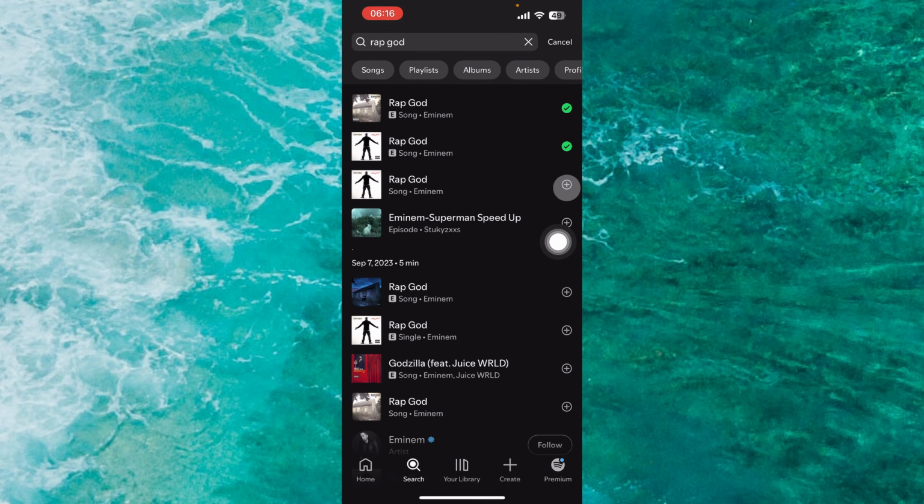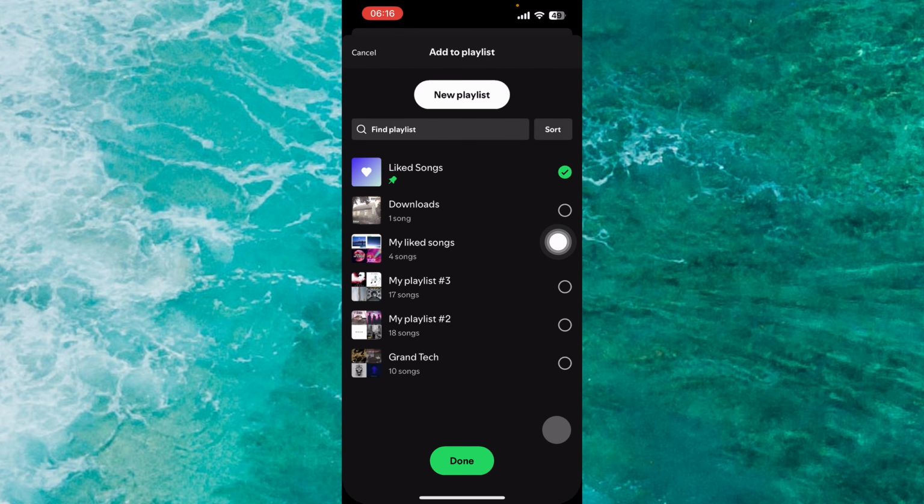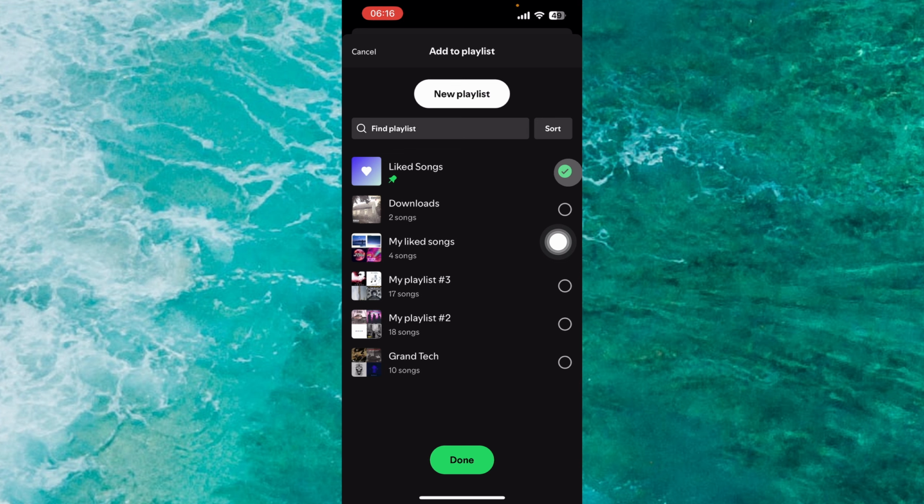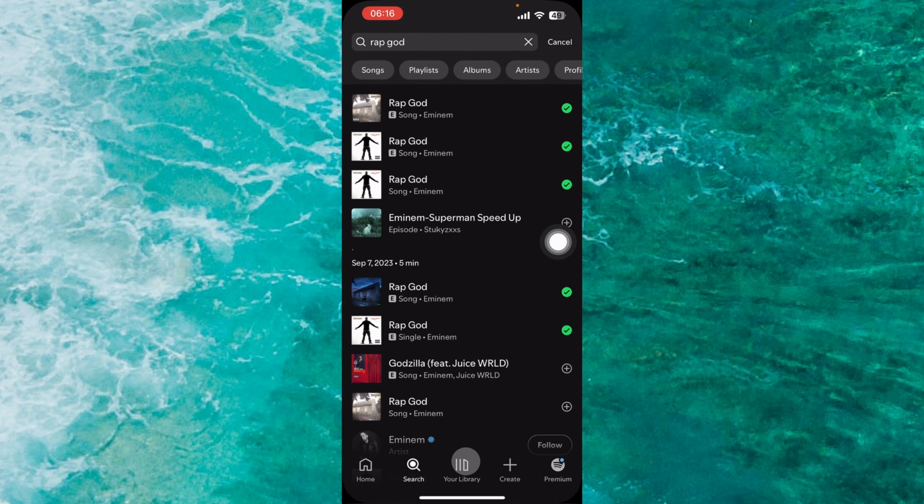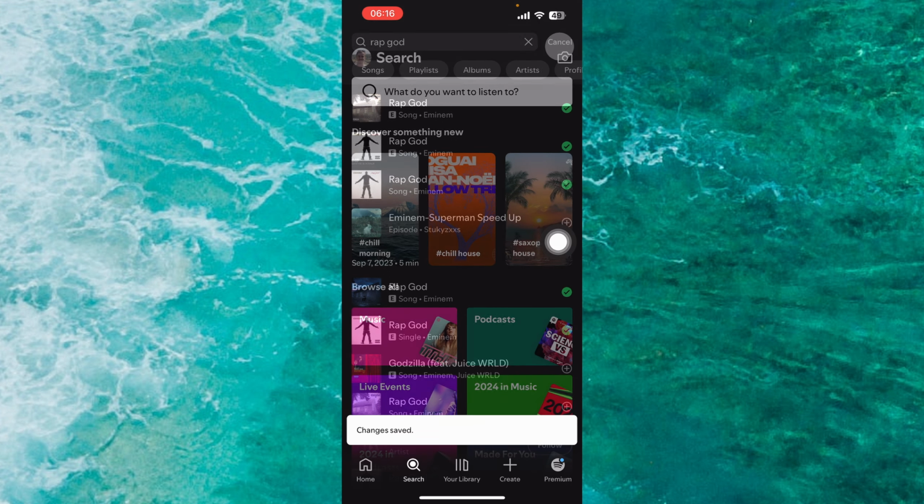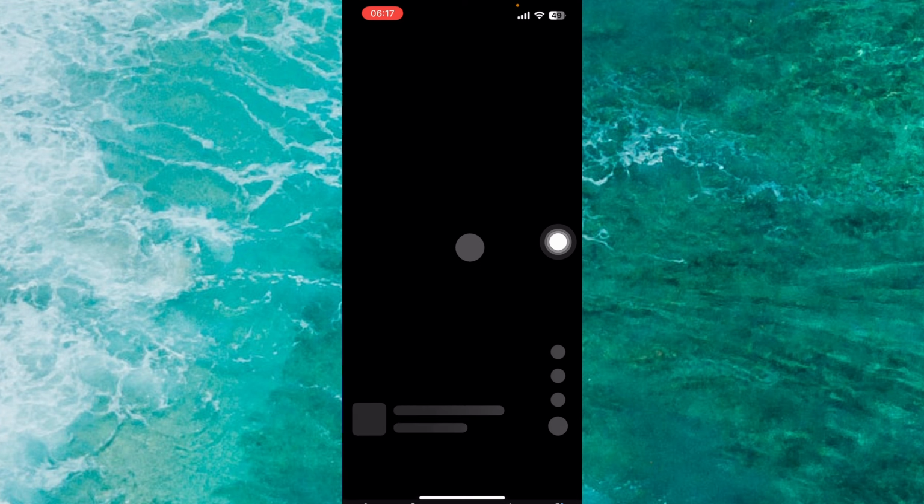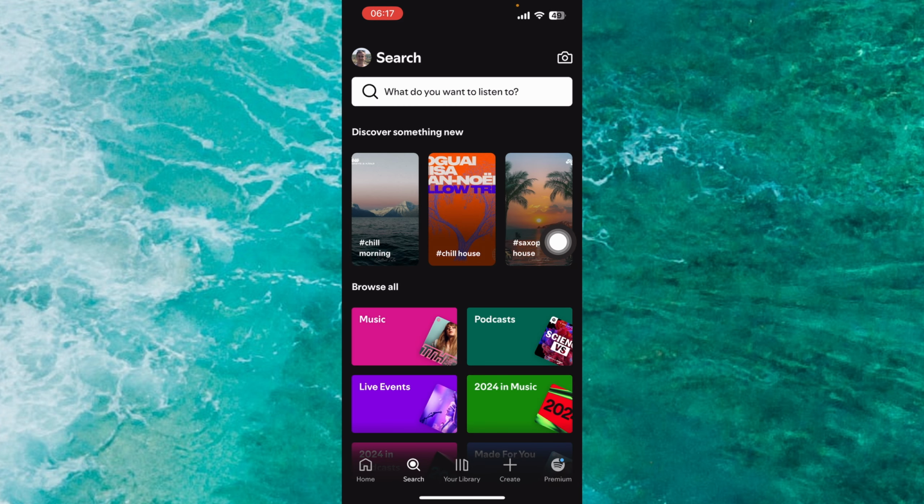We add some songs to this specific playlist, Downloads. Tap on done. Add some other songs to downloads. So one by one, you add new songs that you want to download to your playlist. One by one, add a new playlist to your device, and of course add songs to this specific playlist that